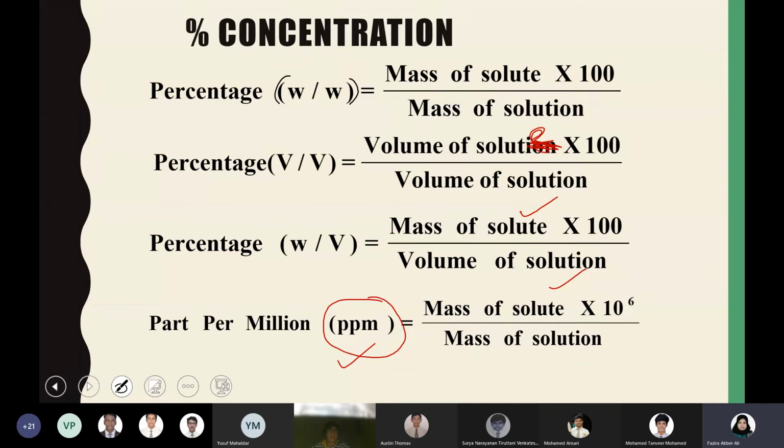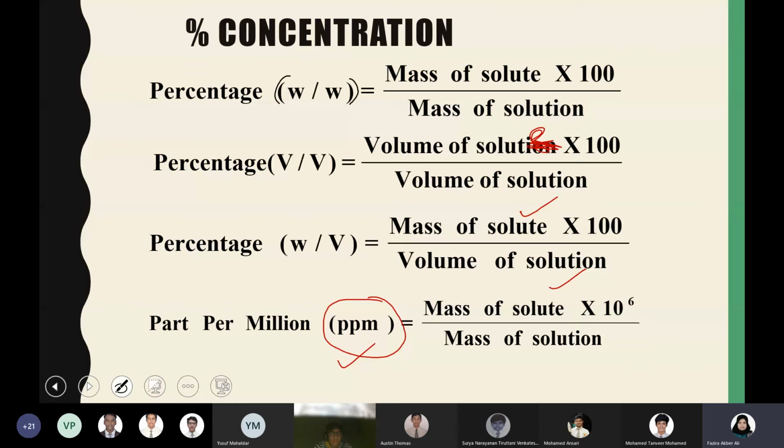So only in such cases do we use ppm. We don't use it for every solution which we deal with in the lab or in different real life cases. Parts per million is used especially to express the concentration of a substance or solute in a larger solution, that means the air or sea water, something like a pond, where the volume of the solution is very big. That's where they use parts per million.